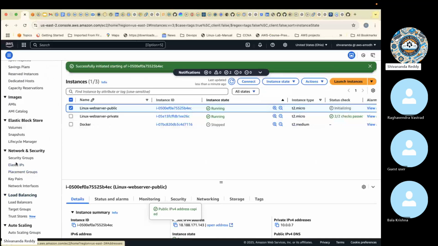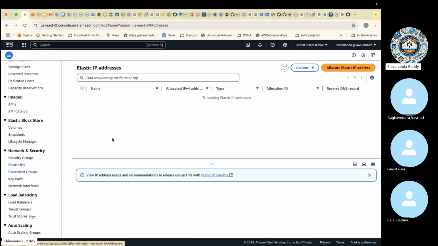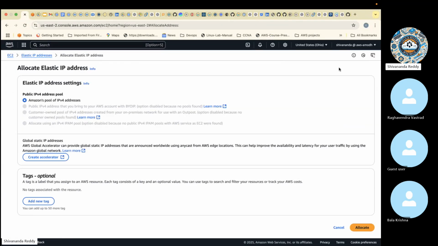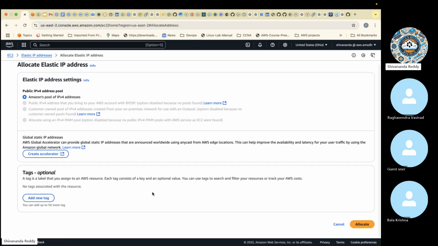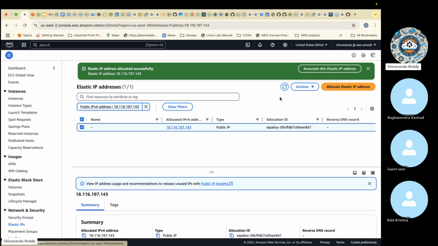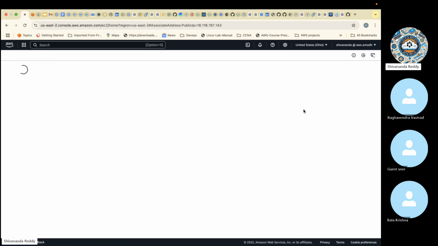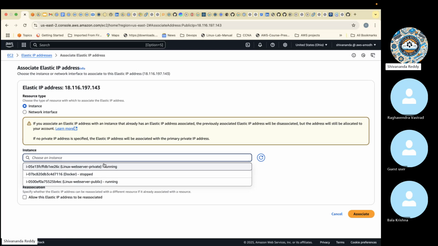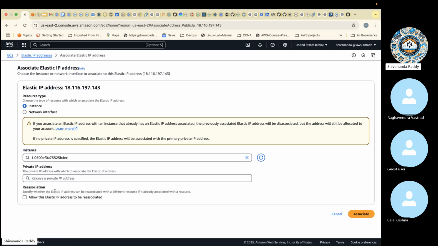On the left side, can you guys see Elastic IPs? Create elastic IP. Just click on allocate. It's created. Now select this IP, actions, associate elastic IP. We can choose a server, the web server, choose a private IP, reassociate, and click on associate. Now if I go back to EC2,